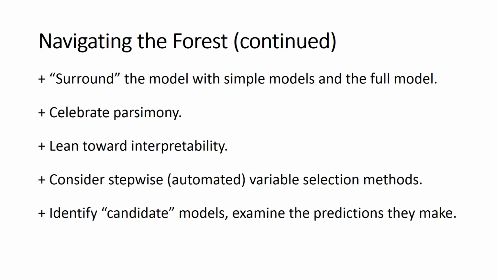There are methods built into software to do automated variable selection. Sometimes those are called stepwise methods, and I actually use those, but I use them to help me explore a big forest just so I don't miss corners of it that I would otherwise miss. So I use them to produce candidate or competing models, alongside models that I find myself or that a content expert suggests might be good models.